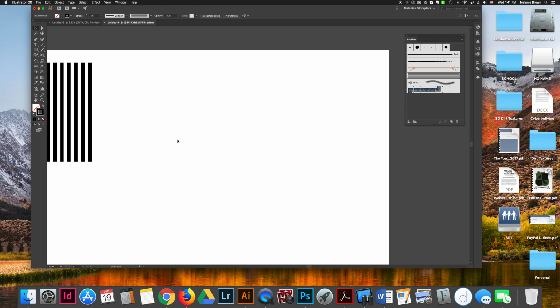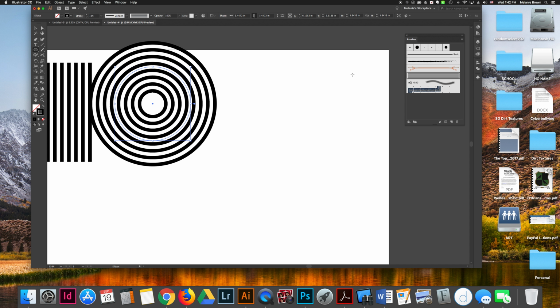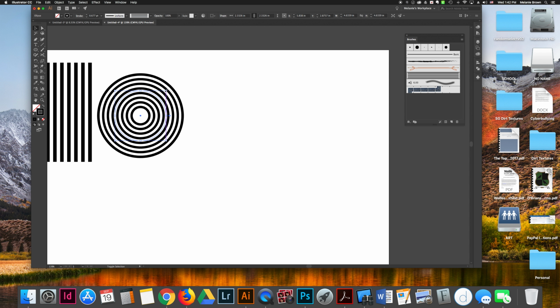Now, we're going to make circles. Go to the rectangle tool, go down to ellipse, holding Option and Shift, make a circle. Doesn't really matter how big it is because now you're going to apply that art brush. Here's the important part. Choosing the black arrow, holding Shift, you're going to resize the circle until you're,